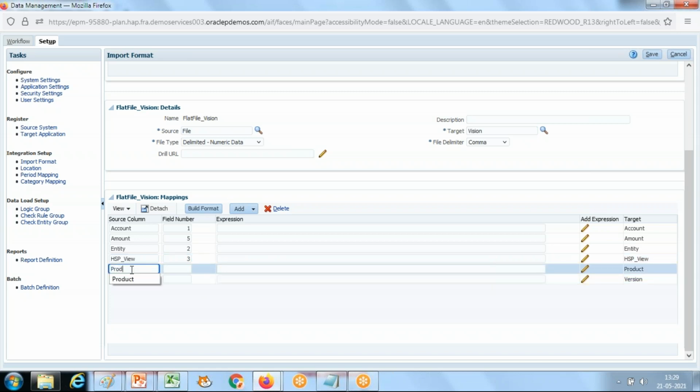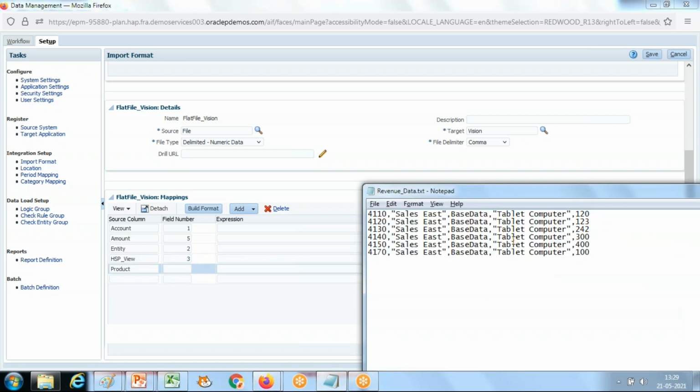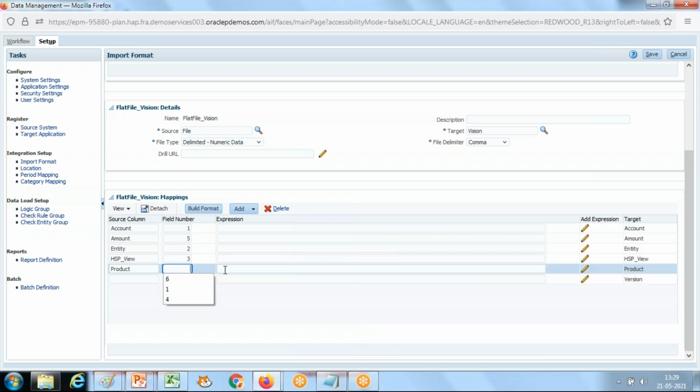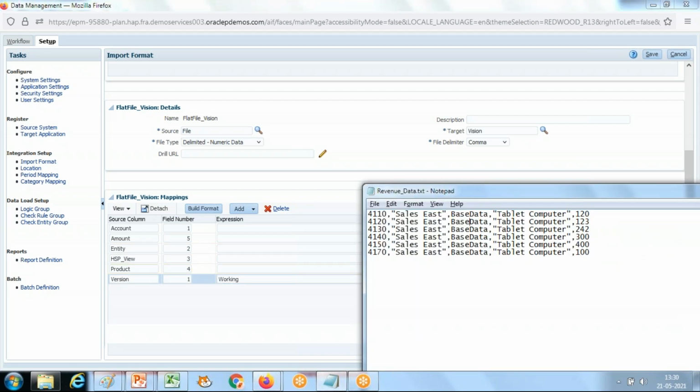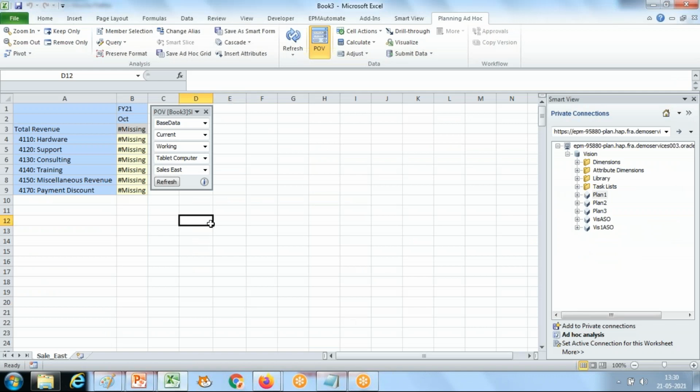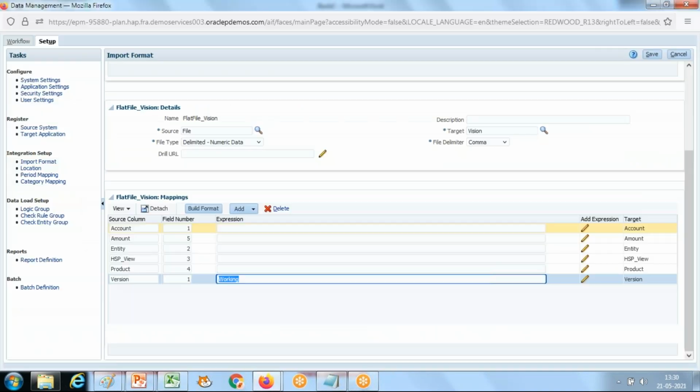Product mapping: first, second, third, fourth column is my product. And version I make hard coded. It's a working version. So in my source file, the version is not given, but from my point of view, I define version as a working version. So I hard code over here as working version.